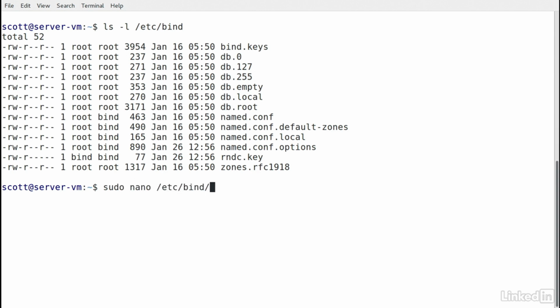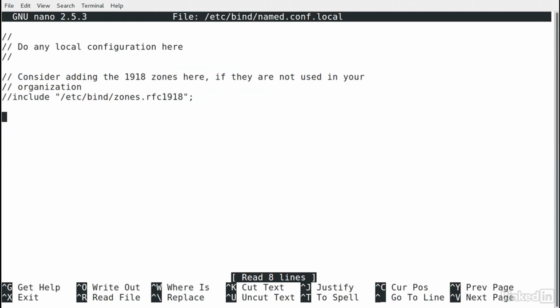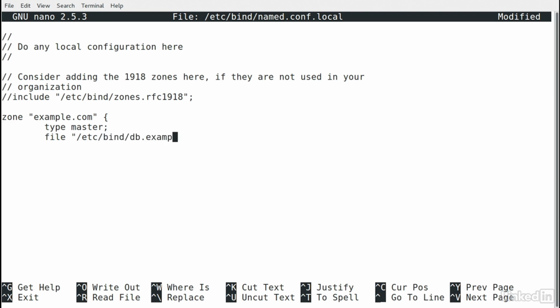First, I'll edit my named.conf.local file. Here, I'll add an entry for a zone, and that'll be example.com. The type is master, and we'll point this to the file /etc/bind/db.example.com. I'll also add my reverse zone with